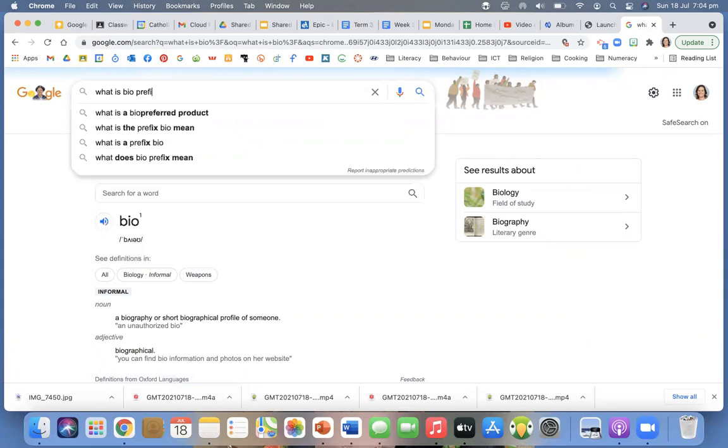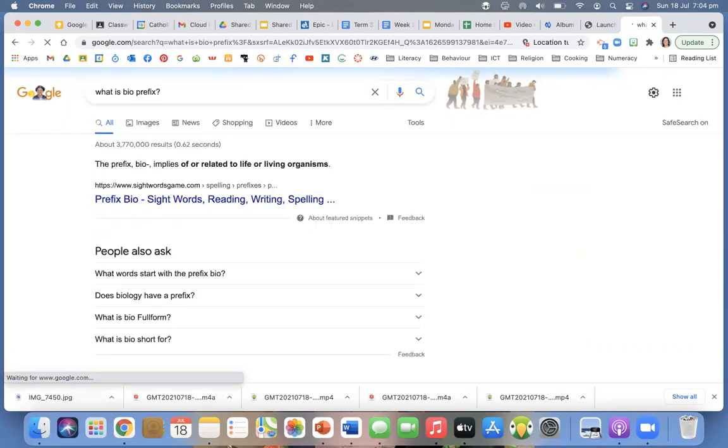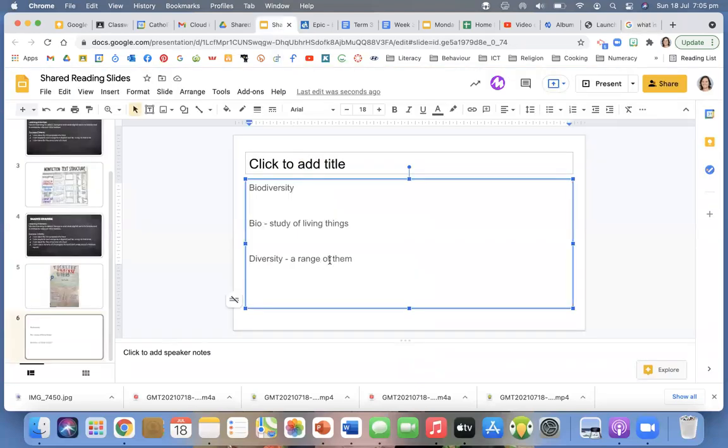I'm going to put prefix. Here we go. The prefix bio implies of or related to life or living organisms. So if I go back, bio is the life of